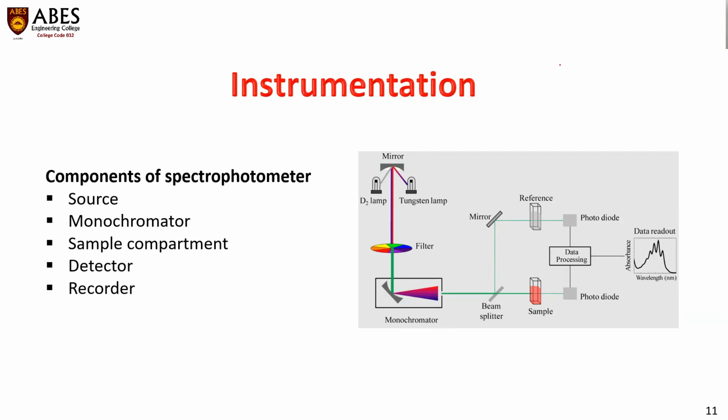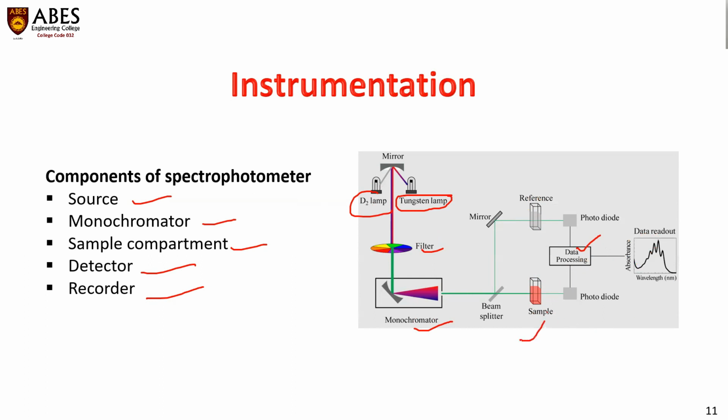The instrumentation of UV visible spectroscopy consists of a source of radiation, monochromator, sample compartment, detector, and recorder. Generally, deuterium lamp and tungsten lamp are used as the source of UV radiation. After filtration, the monochromator gives a specific range of radiation, and this radiation passes through a sample and reference. The detector detects how much energy is absorbed by the sample, and the recorder gives the information in the form of